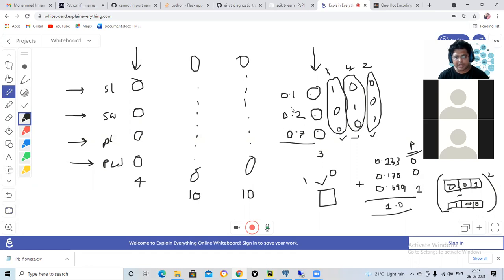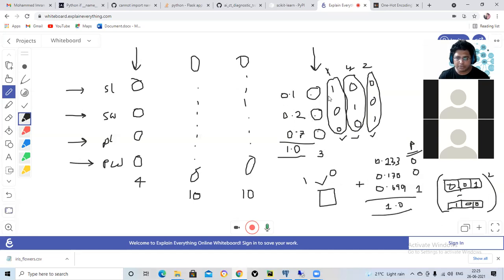If you add this, how much is it coming? 1.0. So that is the function of softmax. Softmax distributes the total probability of 1.0 into whatever number of variables given. If it was 5, then total 5 variables it will be distributed. Here it is 3, that's why 3.